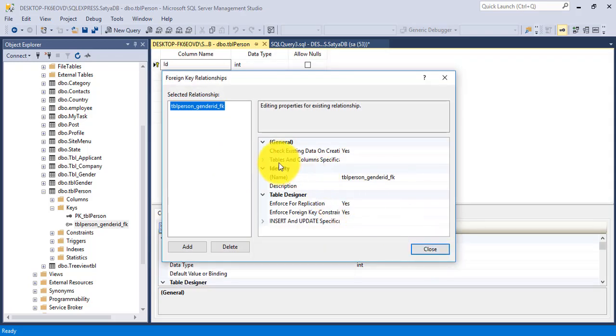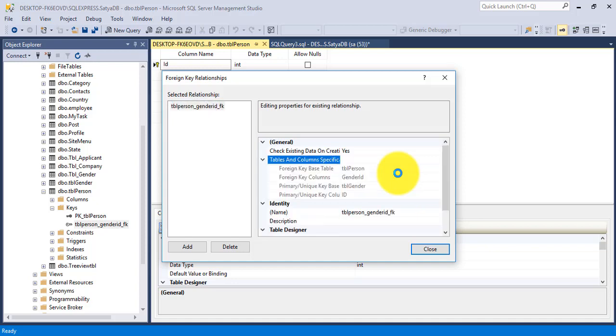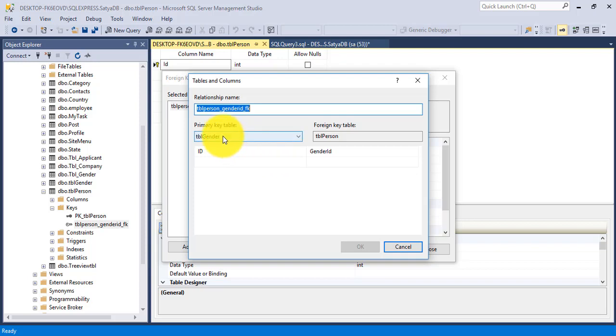Okay, now you'll see here tables and specific columns. I need to open this, and if you click here you'll see our foreign key constraint name I mentioned is shown here, tblPerson underscore GenderId underscore FK, and the primary key table is tblGender and the foreign key table is tblPerson.